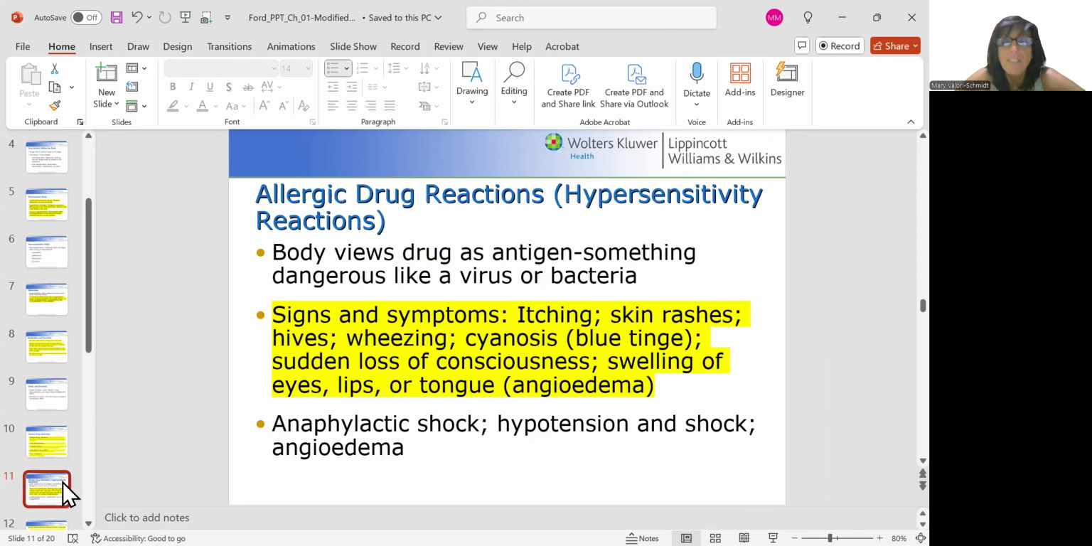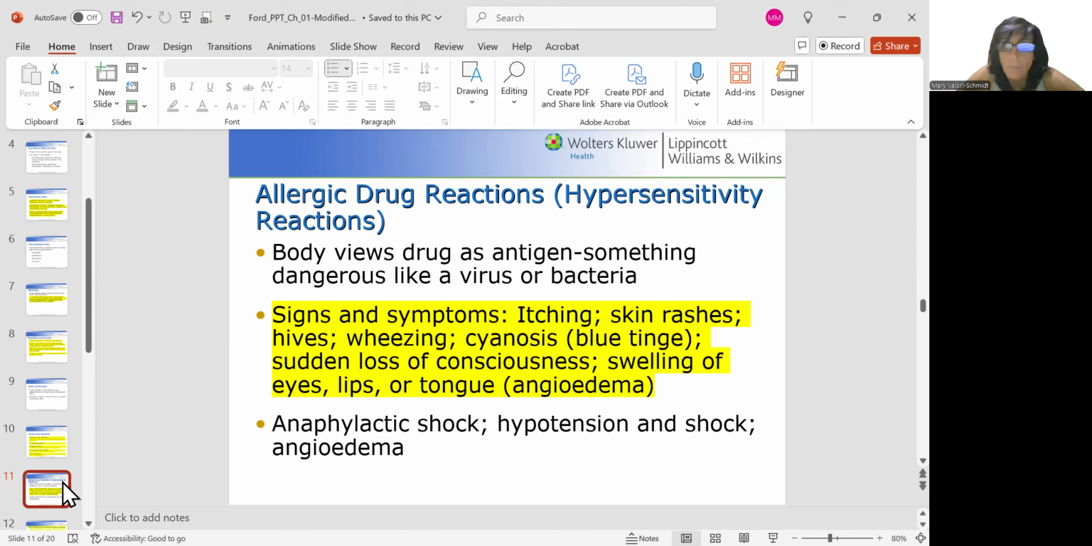And let's see. So hypersensitivity response, allergic reaction. Your body views an antigen or views the drug as an antigen or something dangerous. And so your body reacts. What are signs and symptoms? Itching all of a sudden, right? Rashes, hives, wheezing,